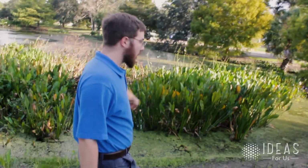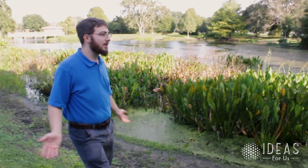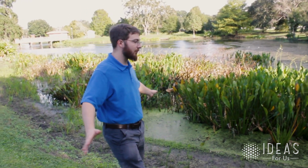This right here, this is duckweed. It's a native plant that actually in small amounts will inhibit mosquito growth, but in large amounts can cause fish kills because it just smothers everything out. And a lot of retention areas and a lot of land managers have issues with it because it just grows